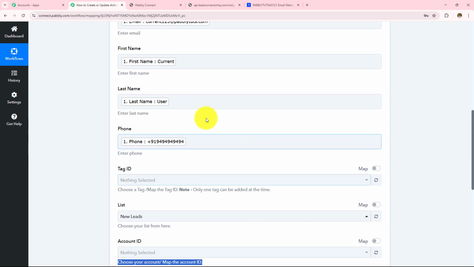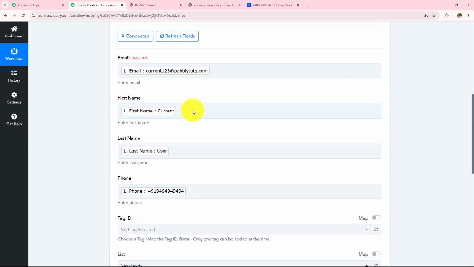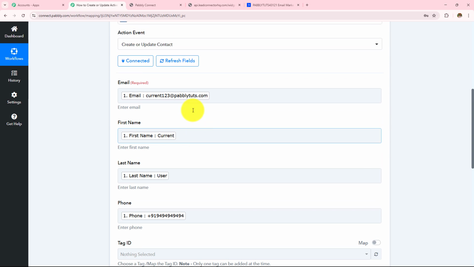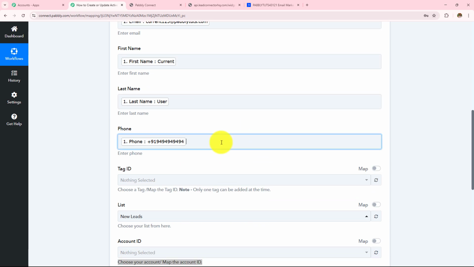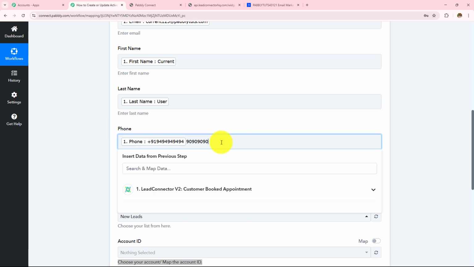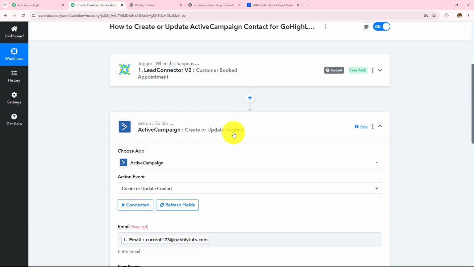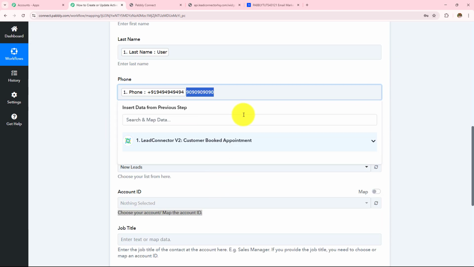Now that I've entered all these details, mapping is important so that every time you receive a new response, it is taken into consideration in these fields. Manually entering the data will make these fields static, and the information will not change even if you have received the new response. Over here, if I manually enter any detail, this field will become static, and every time I receive a new response, the result will not change. So as to keep these fields dynamic, we use this process mapping instead of manually entering the details.